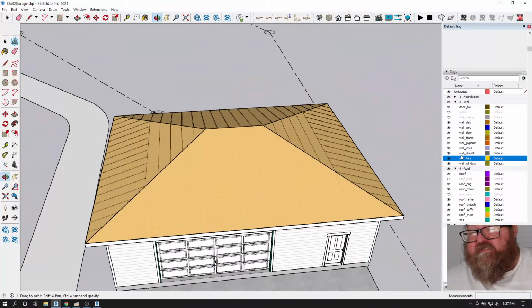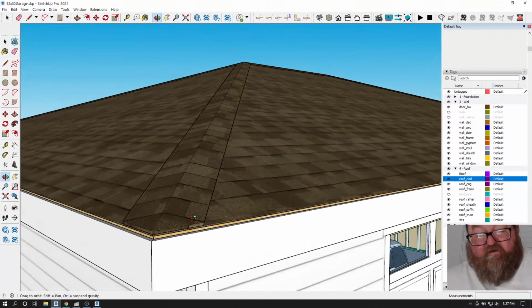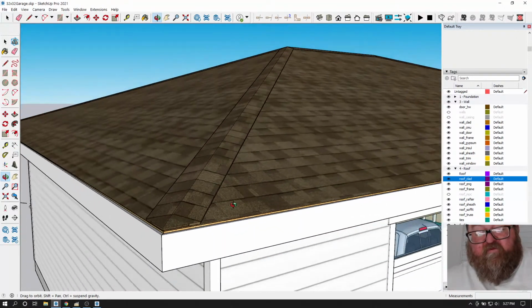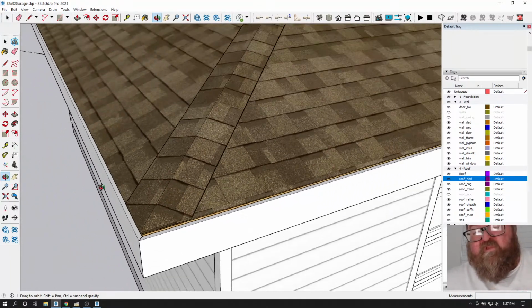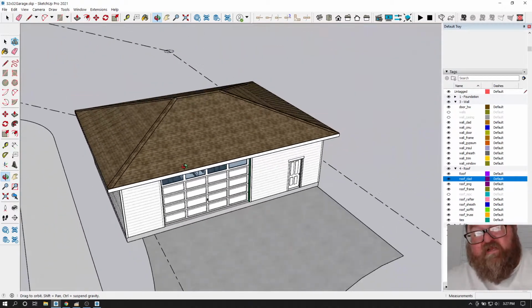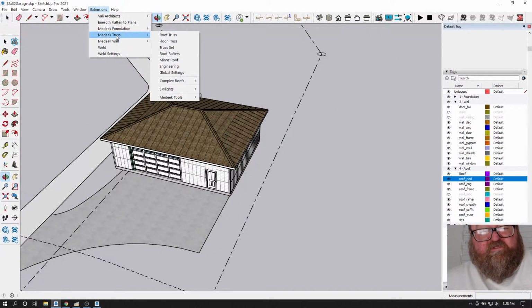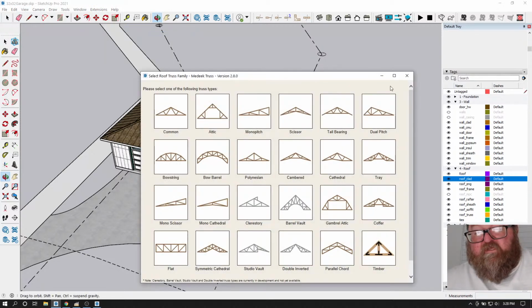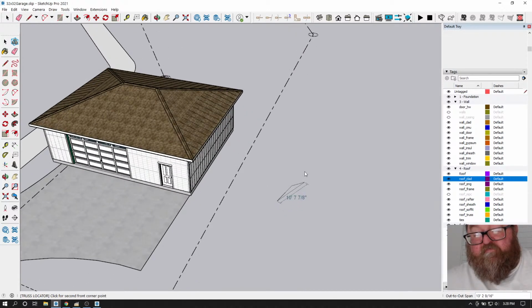Okay, if I turn the roof back on, that's the wrong thing. Now what I need to do is convert this. Now here's what I'm gonna do. I'm gonna convert this to a metal roof, and what I think I'm gonna do is, for now, I'll show you, if I just were to do this, okay, we'll just do a roof that's close to it,